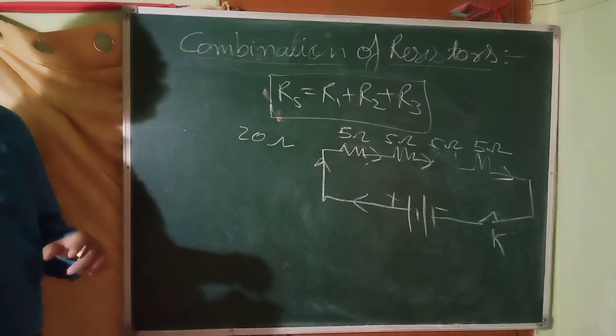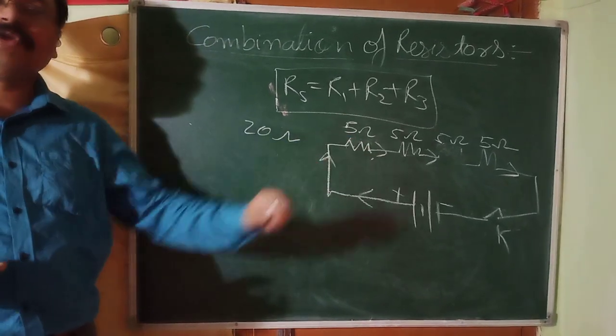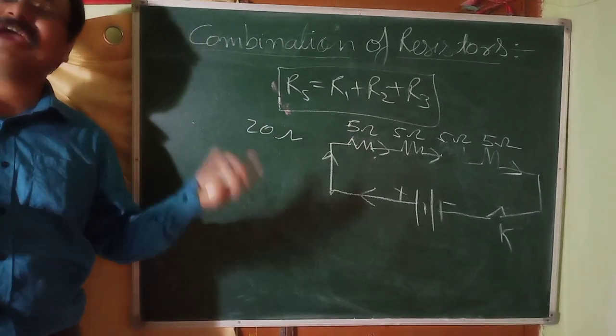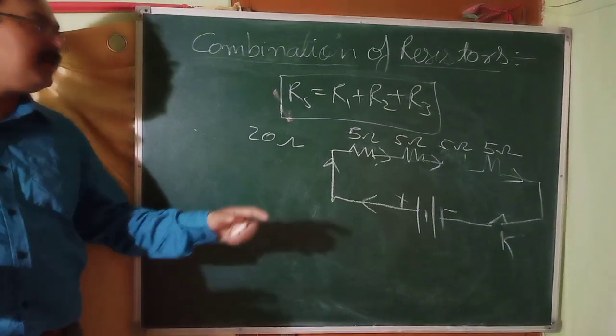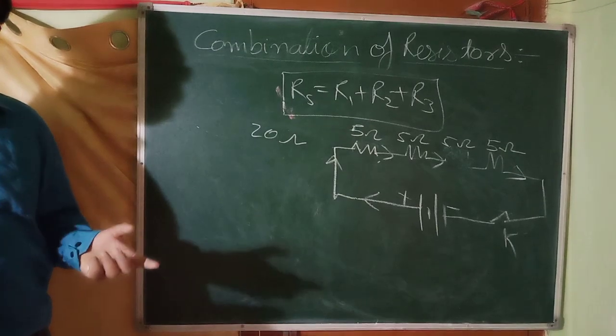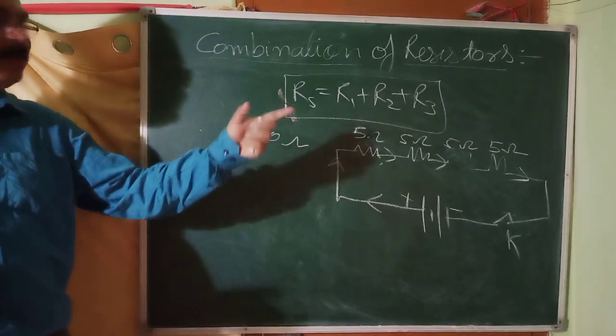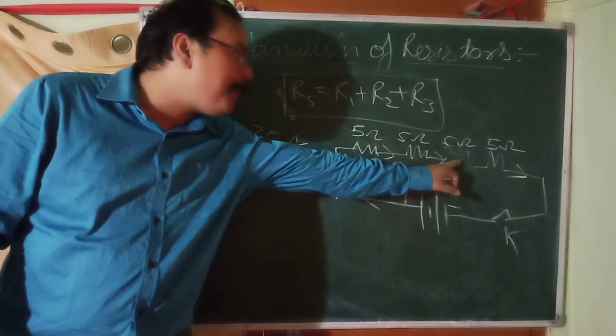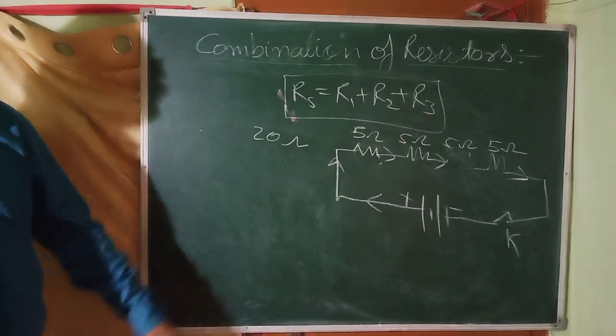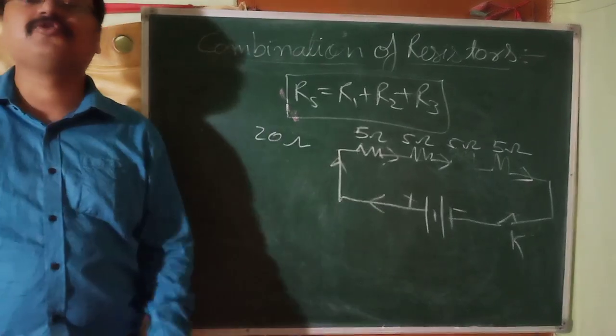In series combination, if one of the electrical components, it's not only the resistance, it may be a bulb, it may be a fan, it may be anything, okay, fridge, washing machine, AC, if one of them is blown off, then what will happen? The circuit becomes incomplete. And once the circuit becomes incomplete or open, then what happens? No current will flow. So other devices will also not work.